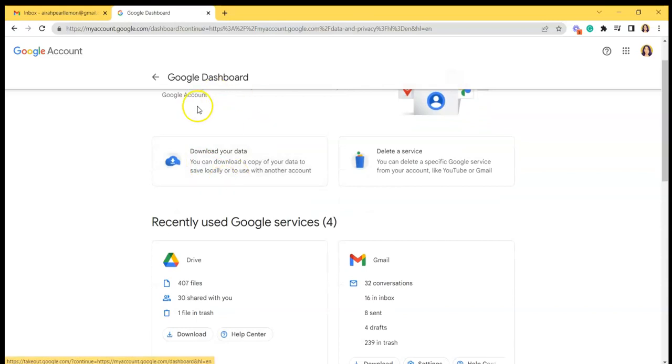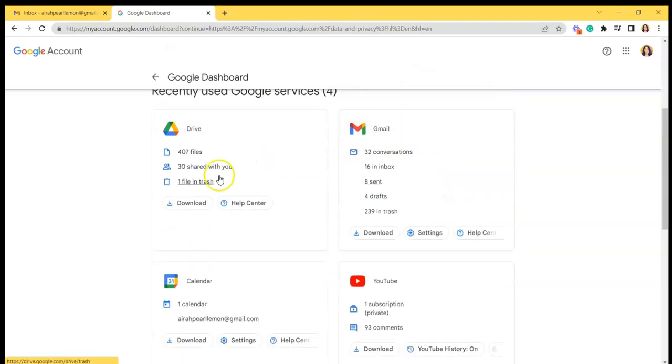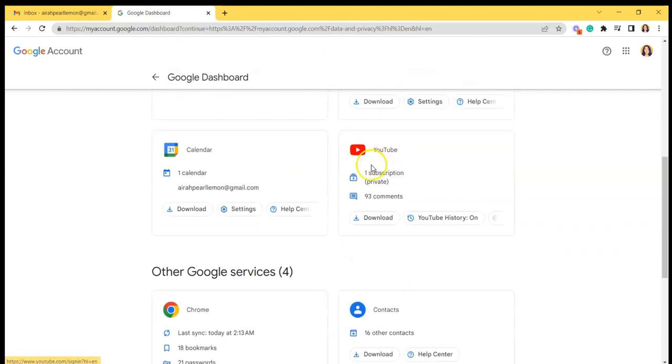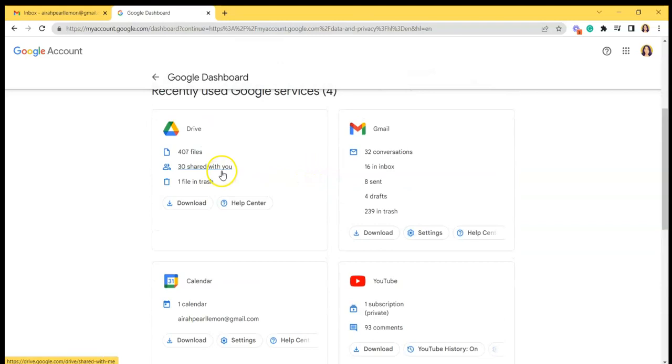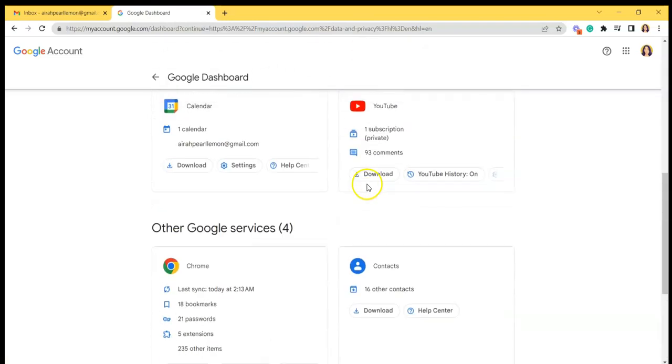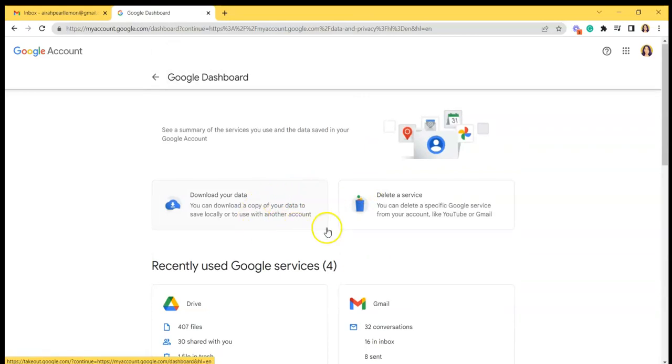here in your Google dashboard, you have two options, which is to download your data and delete service. As you can see, you can also see here all the summary on how many files you have for Google Drive, how many conversations for Gmail, and on the other Google services that you use. So what you're going to do to have a backup data is click download your data,